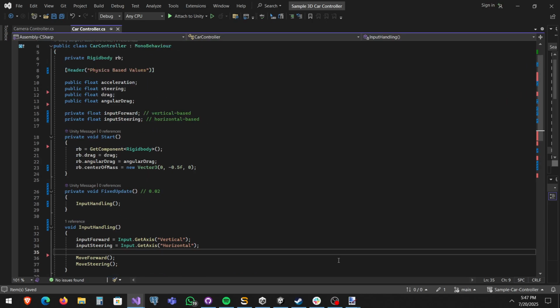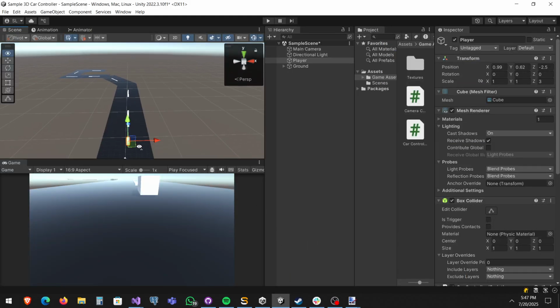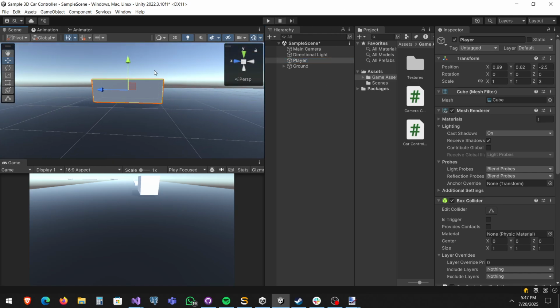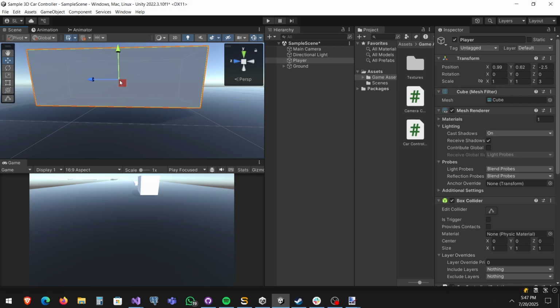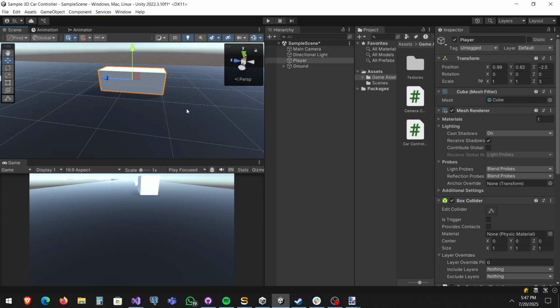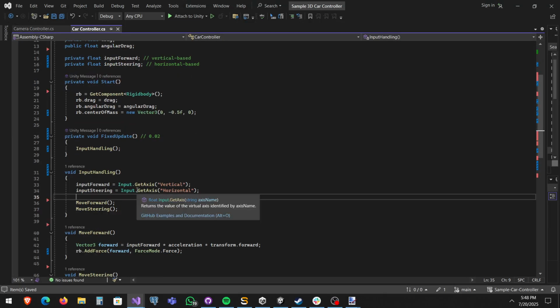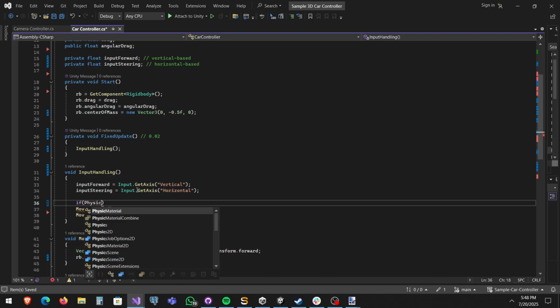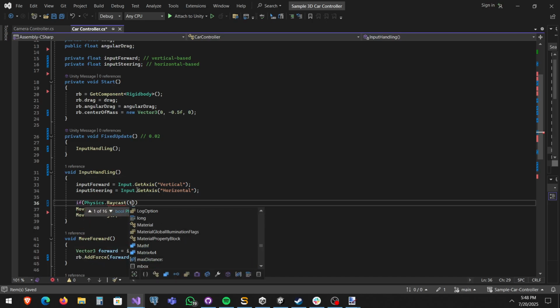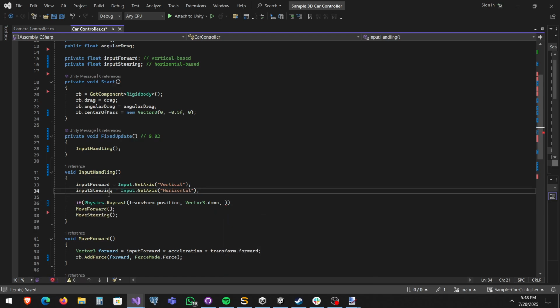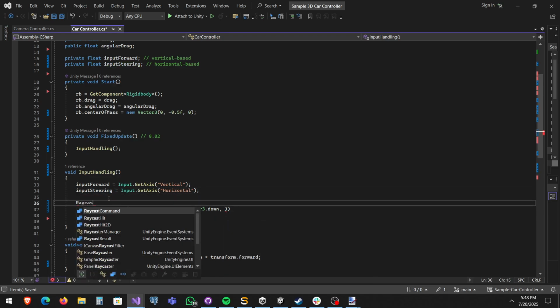So what we'll be doing here is casting a raycast from the car's body. We'll be casting a small thin straight line, and we'll be checking if this line is touching something. If this line is touching, it means we are colliding with some surface. So that's how we will be doing it. So for this, raycast, transform.position, Vector3.down. We'll take a RaycastHit variable